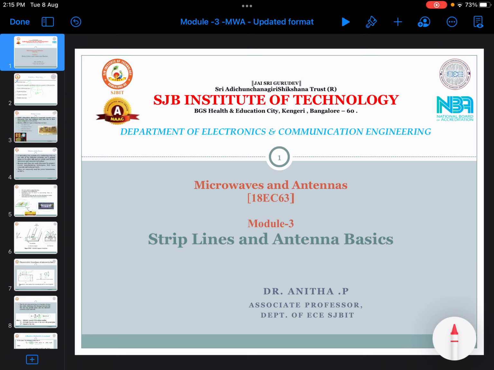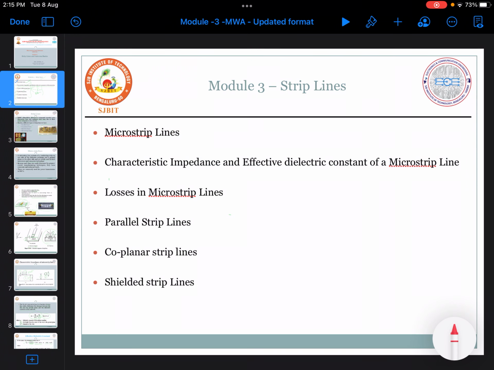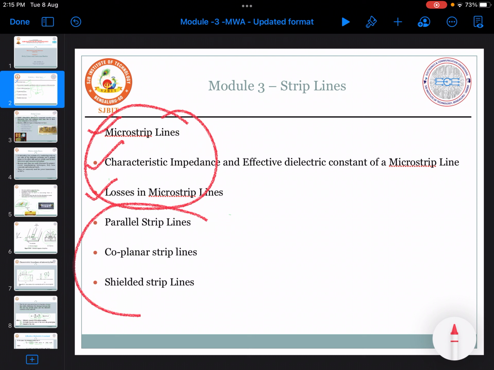Today we are going to look into the second part of Module 3, which is strip lines. In the previous session, we discussed the microstrip lines, the characteristic impedance, the effective dielectric constant derivation of microstrip line and the losses associated with it. These three topics were completed in the previous session. Now in this session we'll look into the other three topics, which are parallel strip line, coplanar strip line and